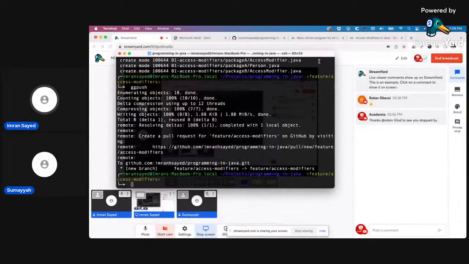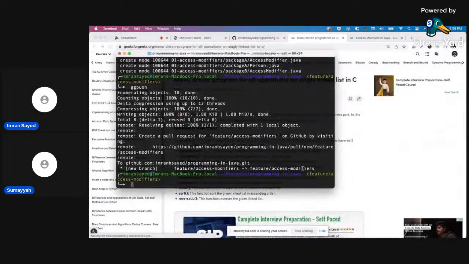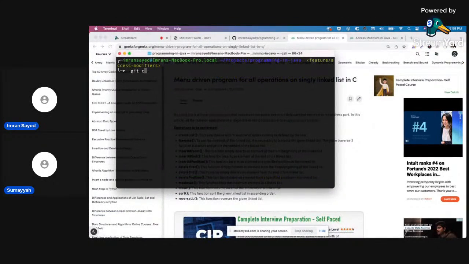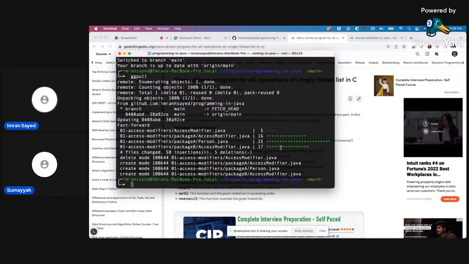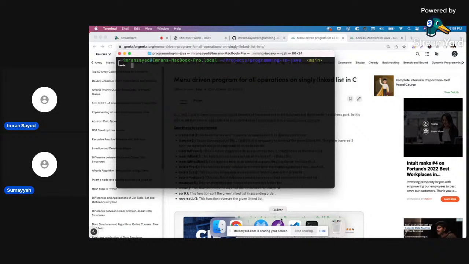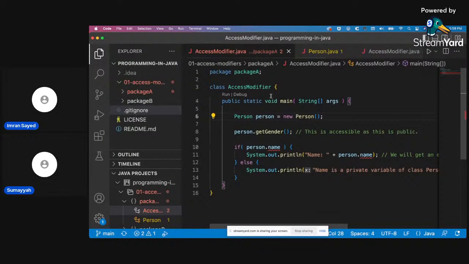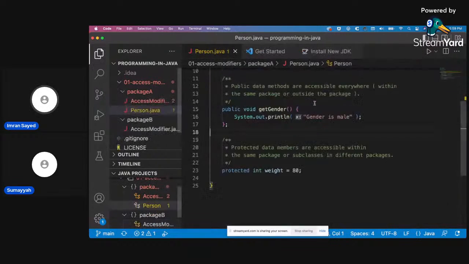Okay, so what I'll do is I'll go to the main branch and I'll pull all the changes. Otherwise, I won't have those merged ones. Now it's pulled all the changes. I have the latest one. You can see all these files are there. Now verify that locally also. Everything is good. Just close all of these.